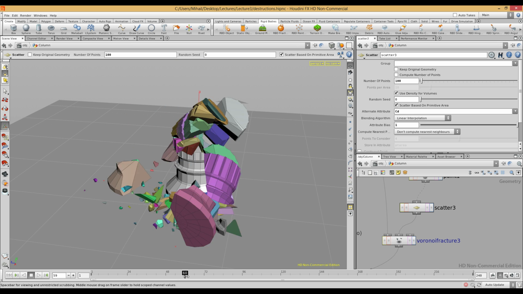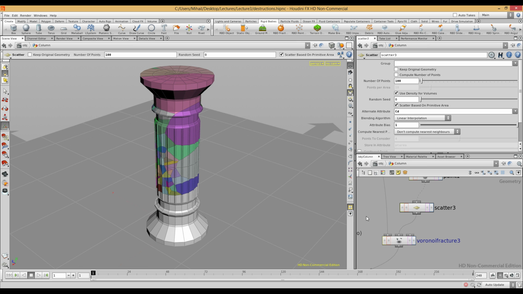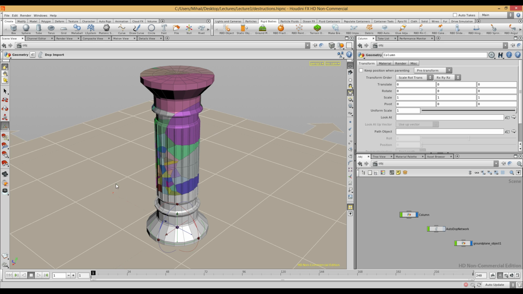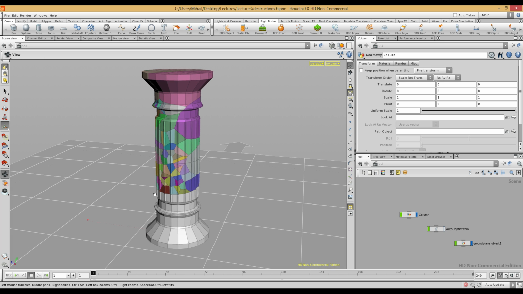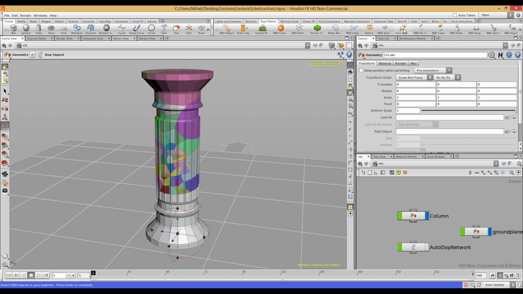But what if we want to have our column static until something is hit? So to do this, you need to go one level up to the object level, and you need to select nothing. Then on rigid bodies tab, there is an icon with a glue tube, and it's called glue adjacent. So let's click on this, and the blue line under here tells select RBD object to glue together, and